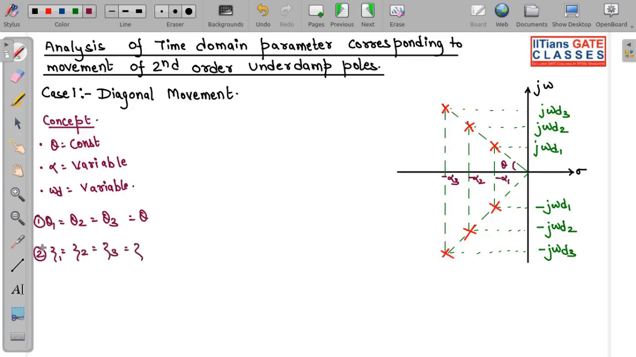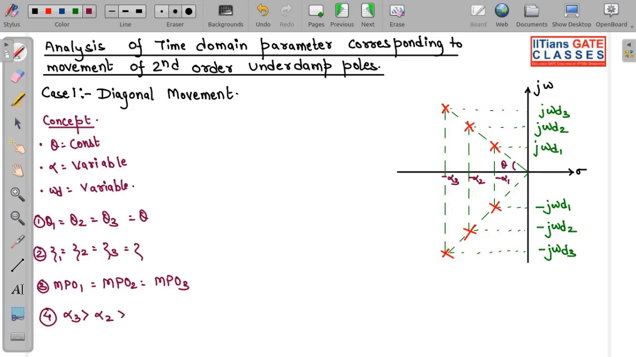Okay, these values are going to be same. So now if these values are same, then maximum peak overshoots are also going to be same. Why? Because maximum peak overshoot is actually your function of zeta. So maximum peak overshoot will be same. Now fourth is what? If you see over here,